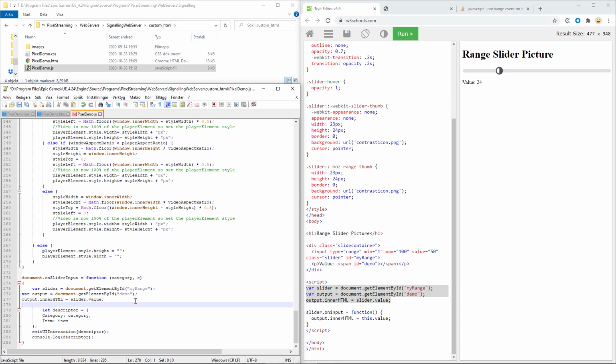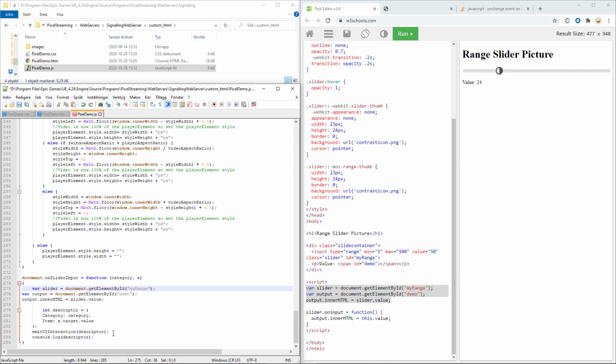And then instead of having item like this, let's take the E, which in this case is the slider, and make the item E dot target dot value. So it gets the value from the slider or from the event that we will be using.